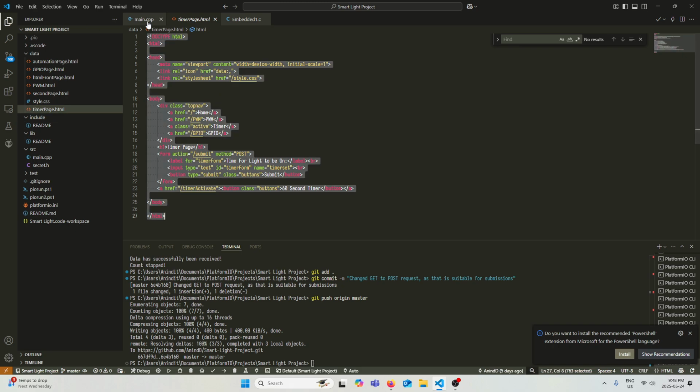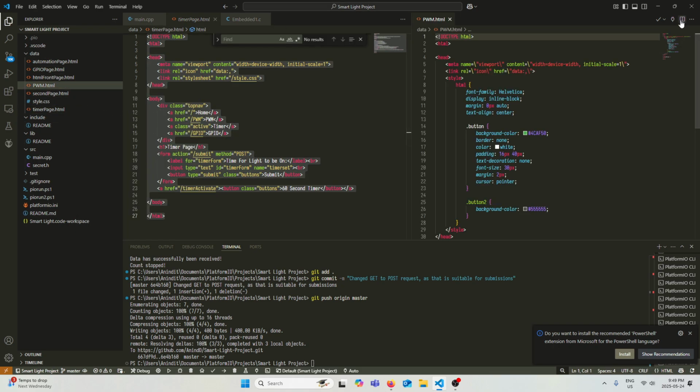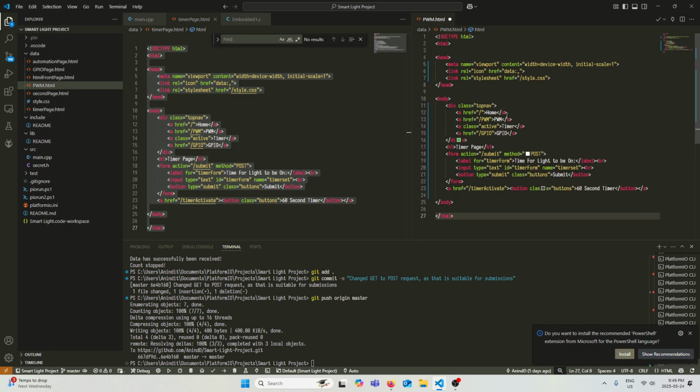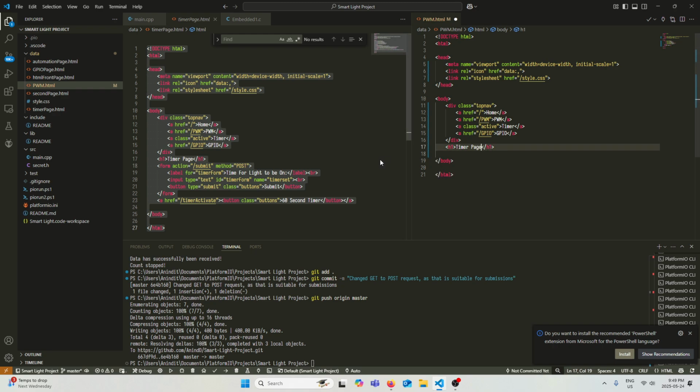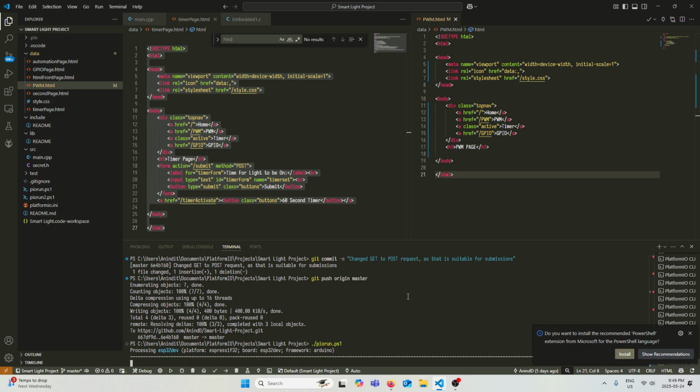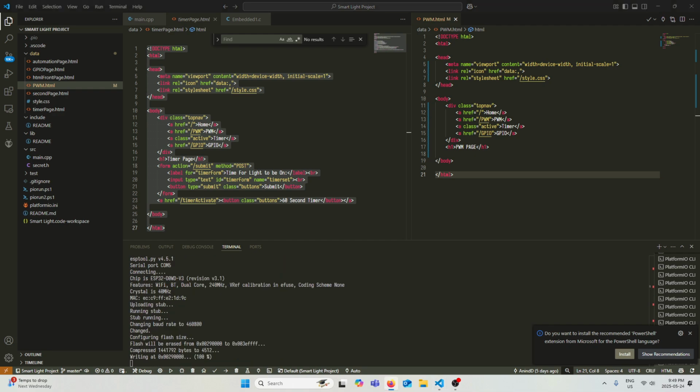Okay, let me just do this. Good. We can run the whole thing again. Serial port connection.